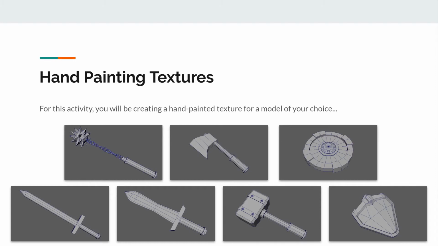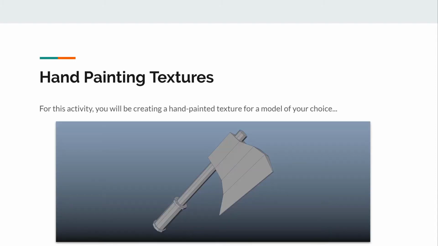And then what you're going to be doing is taking a model that you have chosen, right? So here we have this axe model, and you guys are going to be painting textures in a Photoshop file that we've given you as well that are going to then wrap around the 3D model. And you guys are going to be completing all of that and submitting all of that to us for review